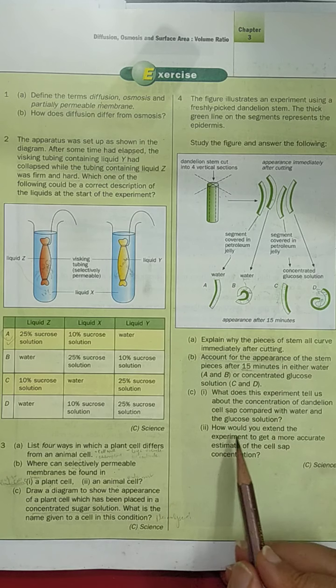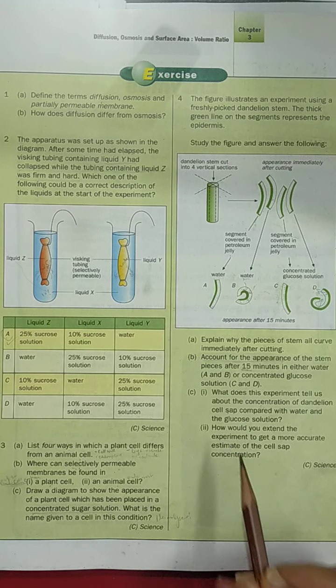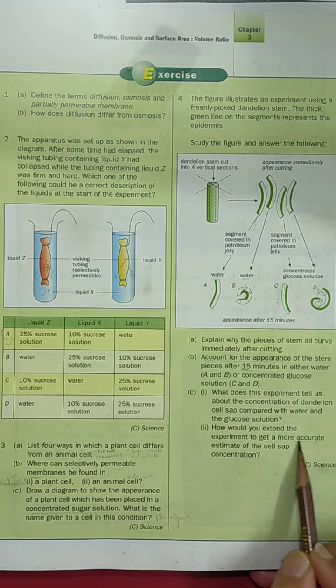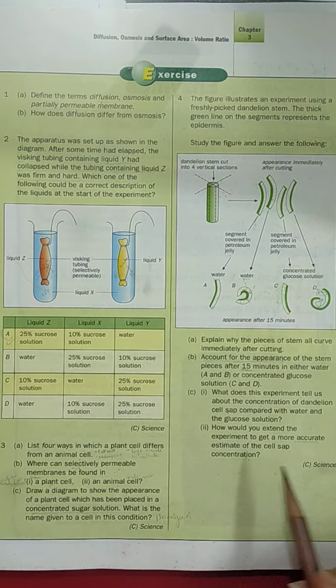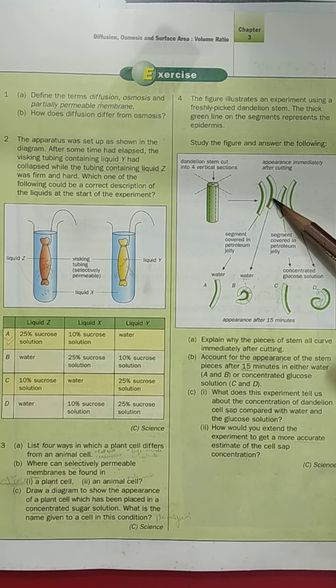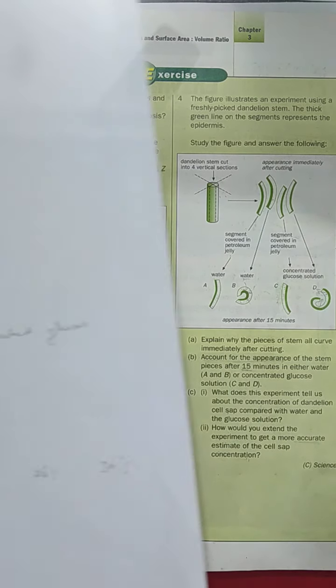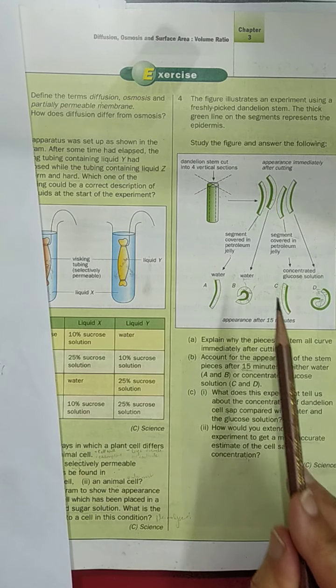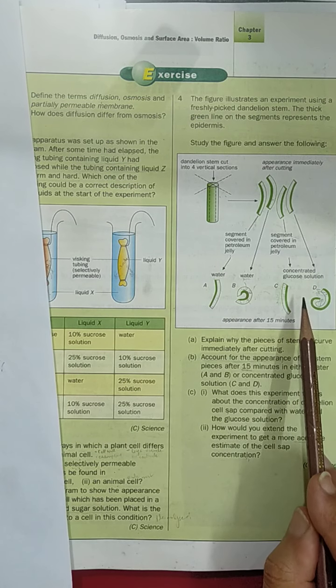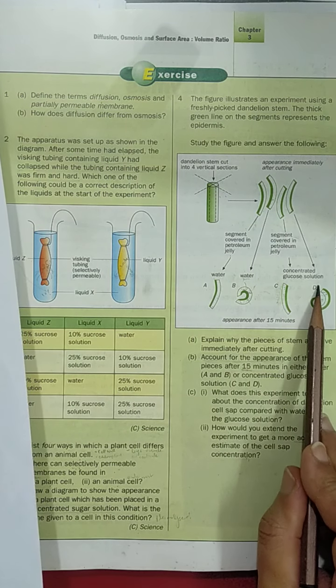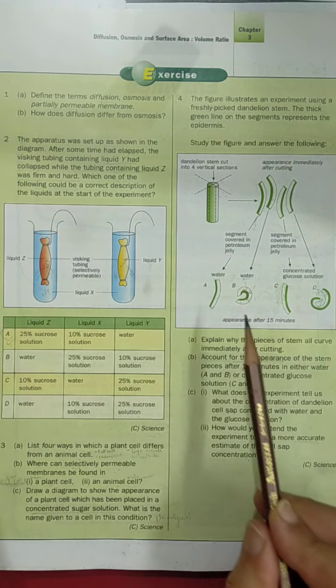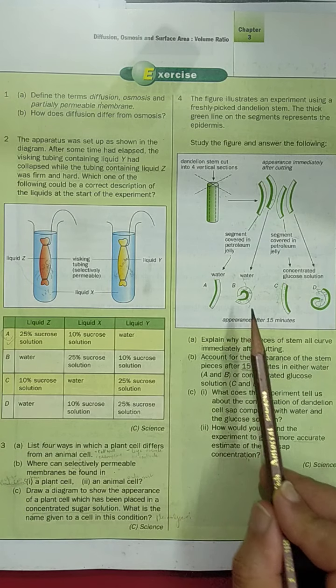Okay, now the fourth question, or you can say the B part of question C, they are asking how would you extend the experiment to get a more accurate estimate of the cell sap concentration. How can we find the exact cell sap concentration of this dandelion stem? For that reason we can make different solutions of glucose concentration. For example, here we don't know the concentration, so we can make different solutions: 5% glucose solution, 10% glucose solution,